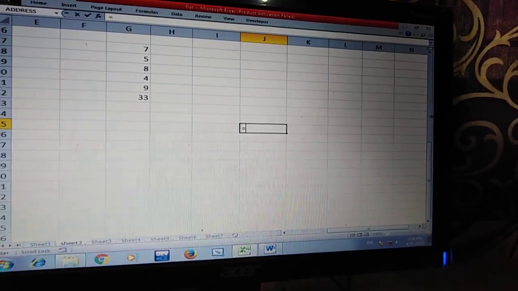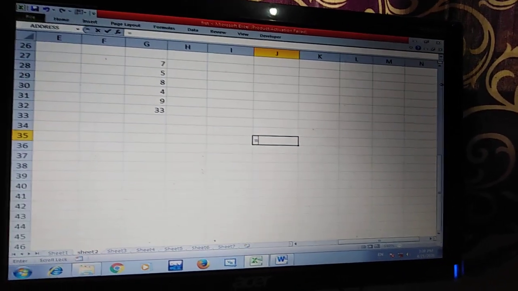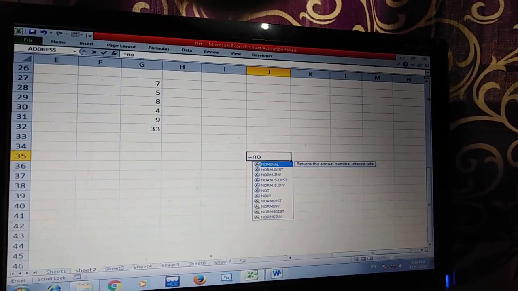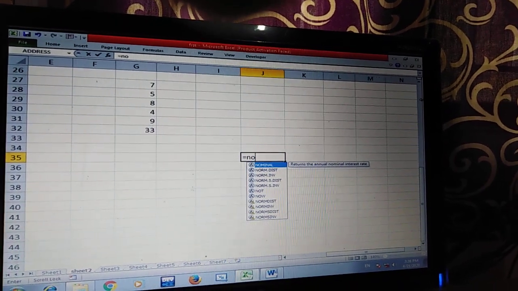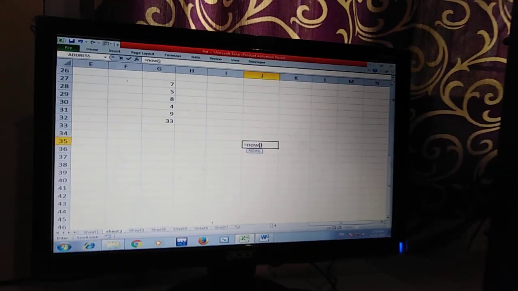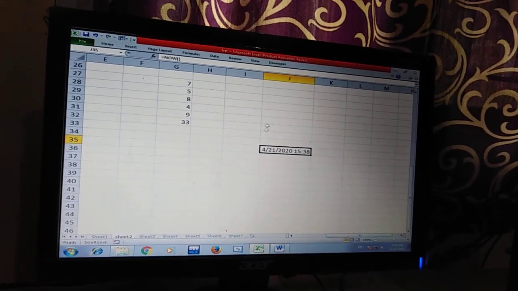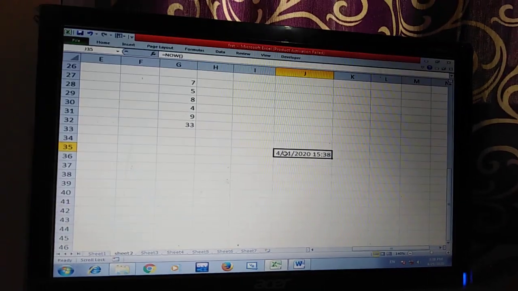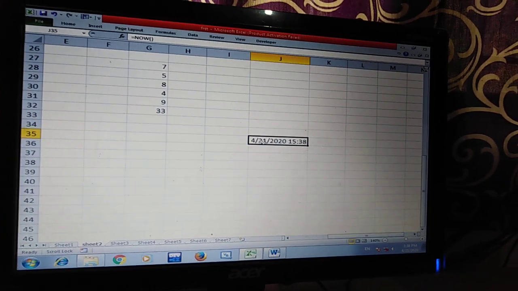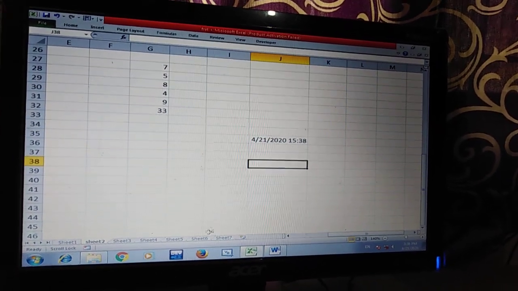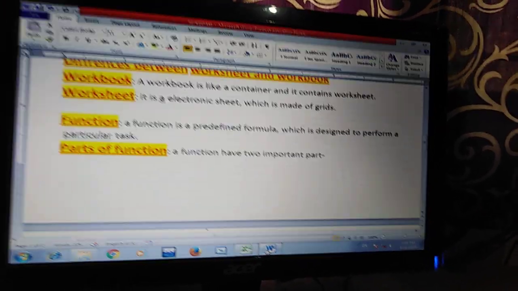Okay, suppose for example, if I have to display the current time, so again we need some function. So basically now function give us current time and current date. So today is 21st April. So now function displays current date and time. Again it is a function.